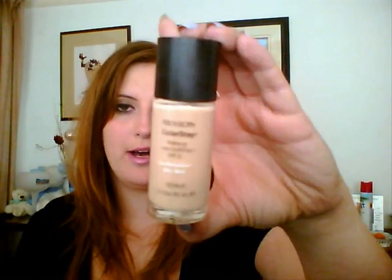The next one is my newest foundation. I bought it yesterday or the day before. It is Revlon ColorStay, and I am in 150 Buff. So this, I really like this foundation. A lot of people say it's comparable to MAC Studio Fix. I wouldn't necessarily say it's an exact dupe. I still prefer MAC Studio Fix foundation, but this is a good copy, and it's